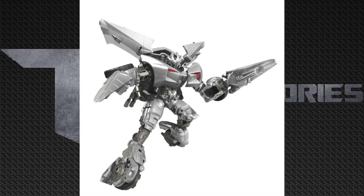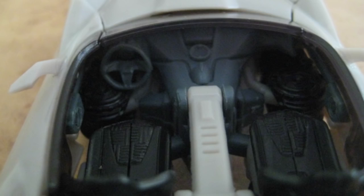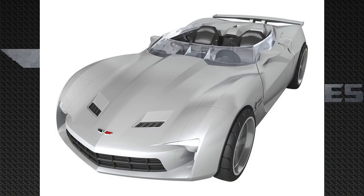Now looking at Sideswipe in his vehicle mode, he even looks better. We can actually see those seats in there, and actually a steering wheel, which looks a lot better than the original Dark of the Moon figure on how they did it. But we don't know if this has an interior piece, because I don't know if you guys remember in the original Dark of the Moon Sideswipe, there's kind of a hole there, but we don't know for this figure. But even if there is a hole, it doesn't really bother me that much for this figure,